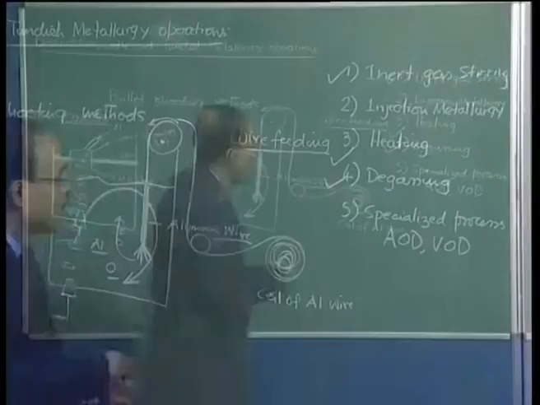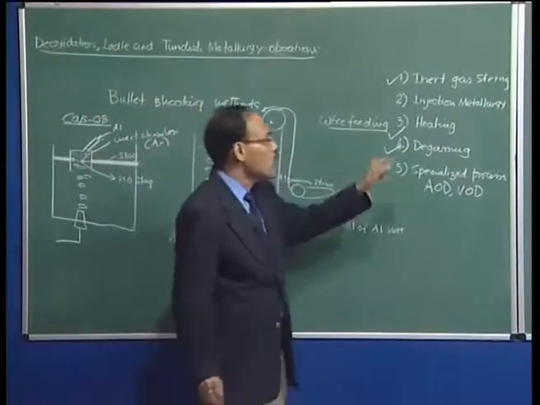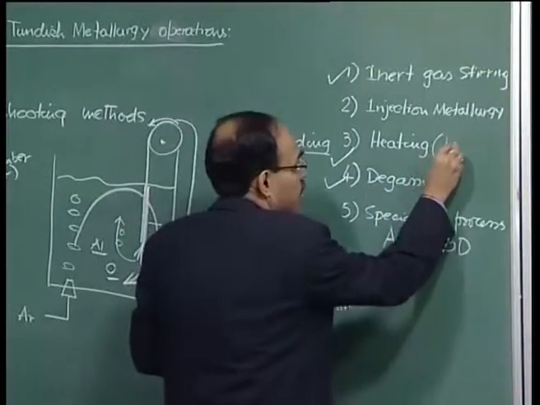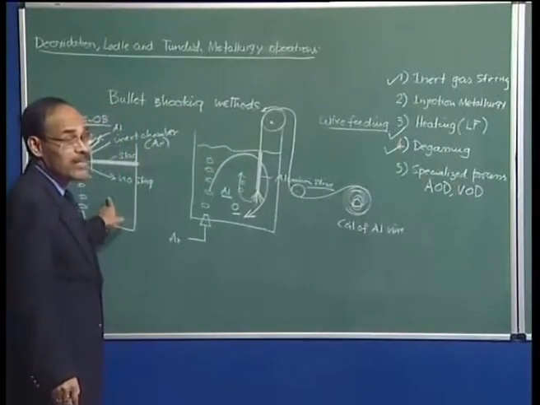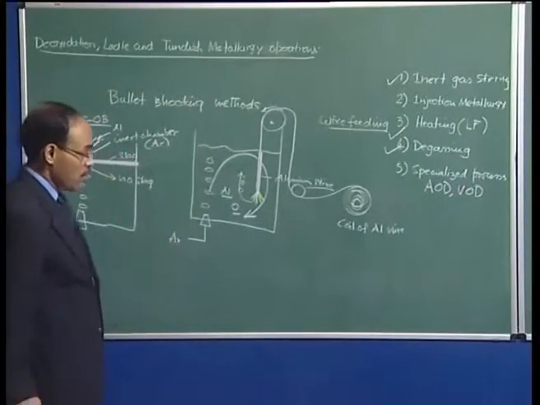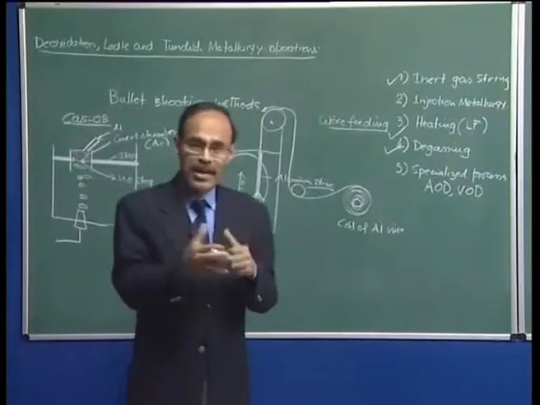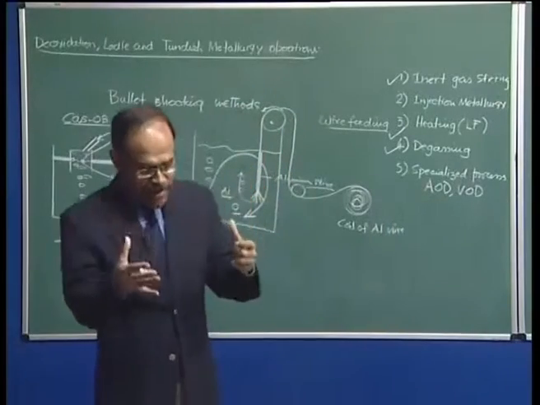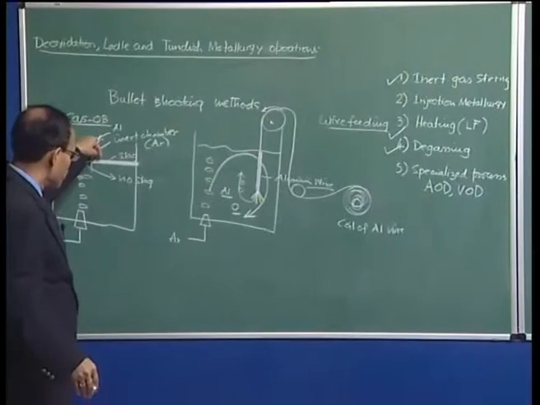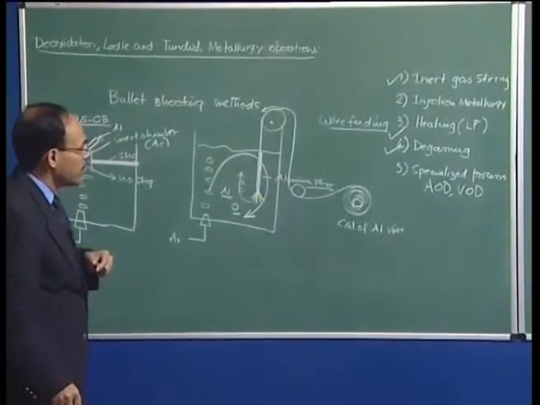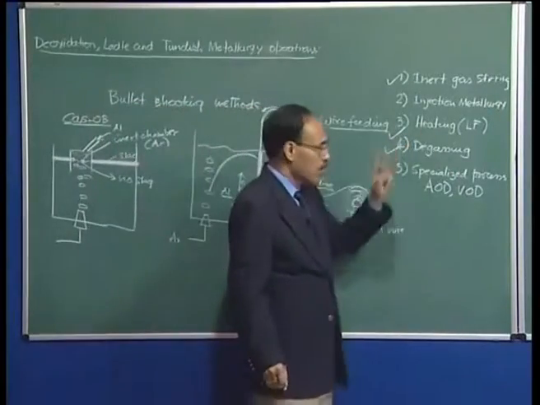And injection metallurgy is very popular in the context of inclusion morphology change, in the context of desulfurization and so on. Next comes heating, which is also called as LF operations. In this case, as I will show you later, the ladle is going to be converted into a ladle furnace, whereby just like the way we heat molten metal in an electric arc furnace, in the same manner electrodes are going to be submerged into the top slag layer, and it is basically an arc heating process that is essential for the heating purpose.